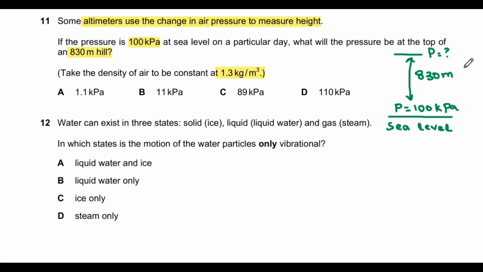To get this pressure, firstly we need to calculate the change in pressure when we move from sea level to that height. To get the change in pressure, we will use the formula pressure is equal to rho gh. Rho is density. I'll put the value of density of air, which is 1.3. g is 9.8 near Earth, and height is 830 in our case. So change in pressure would be